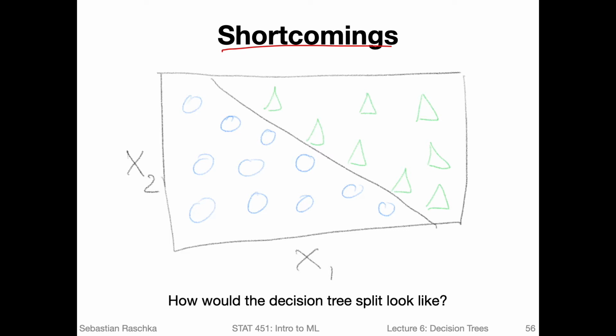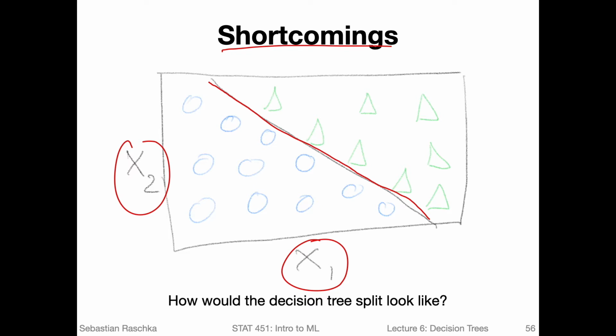So consider a data set with two features, x2 and x1. And again, this is just because we can easily visualize a two-dimensional data set. It would be very hard to visualize a higher dimensional data set, although in practice we often have high dimensional data sets. So consider a case like this, where we have a data set with two classes, like these circles and these triangles. Now in this case we can see that a diagonal like this would perfectly separate these two classes. And I can write this diagonal as a very simple equation.